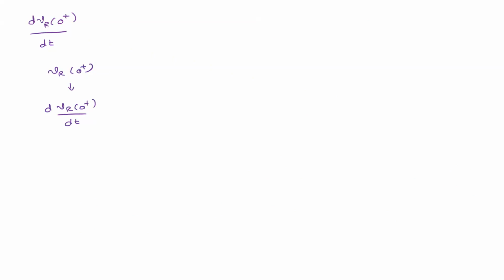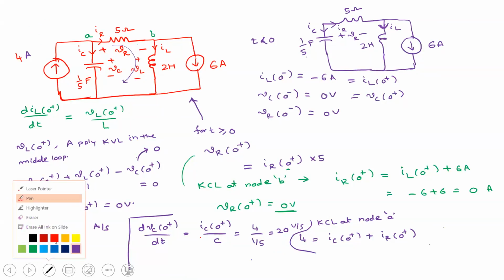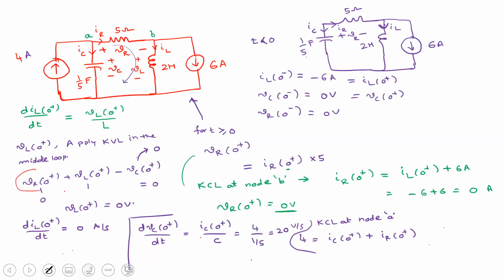So now identify an equation, a KVL or KCL, where you can solve for dVr of 0 plus by dt and its derivative term. So if you apply KVL here, for example, this is the equation. So focus on this equation, right? If you differentiate this one, you will get dVr of 0 by dt term,